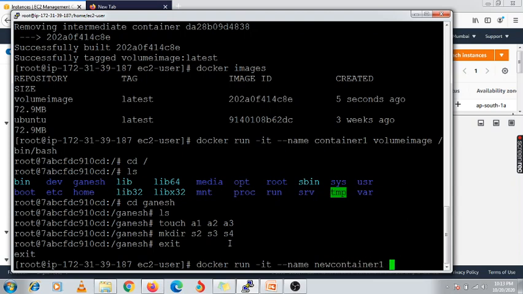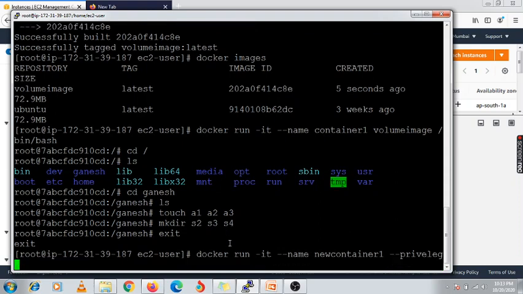Then I need to mention some privileges, like --privileged=true, then --volumes-from. You need to mention your previous container, the one from which you are going to create the new container. That is container one.